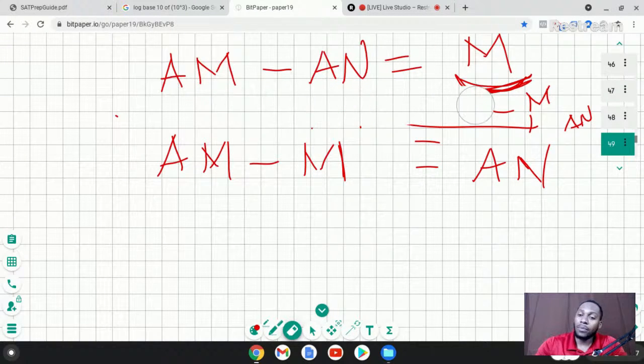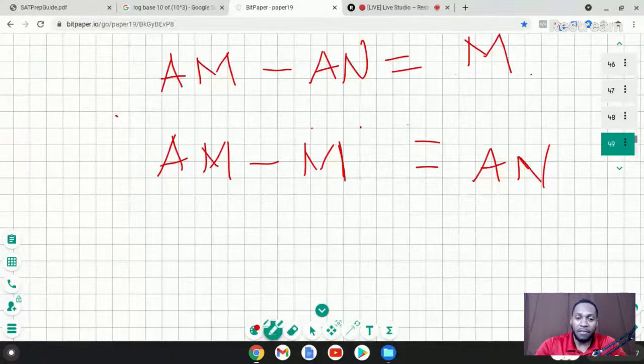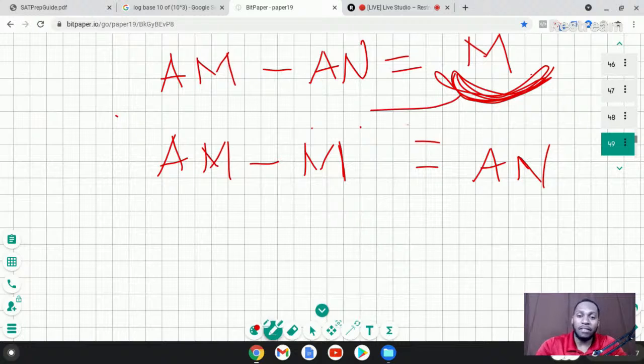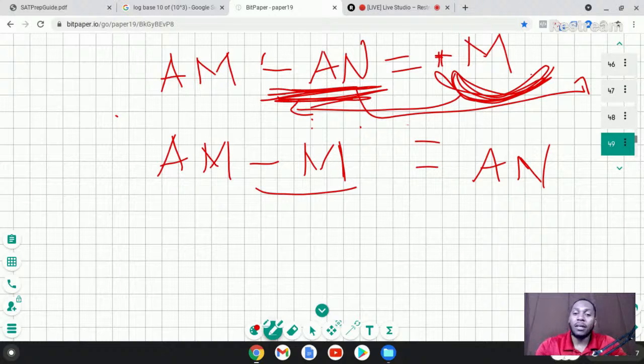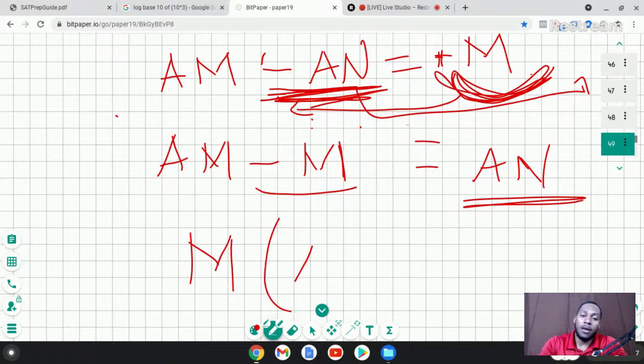So now, what did I say? Here's how I'm doing it. If I have m here, I want to move it from the right side of the equality to the left side. All I have to do is move it and change the sign. This was positive m, it becomes negative m. The same thing for an. I want to move it from the left side of the equality to the right side. All I have to do is change the sign. It was negative an here, it becomes positive an here. It's the same thing. So now I can factor m: m times a minus 1